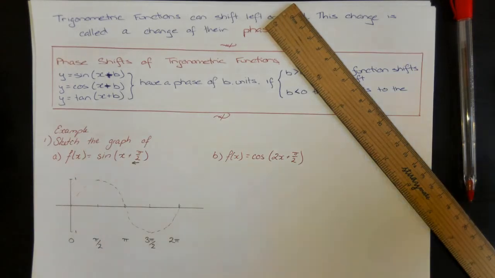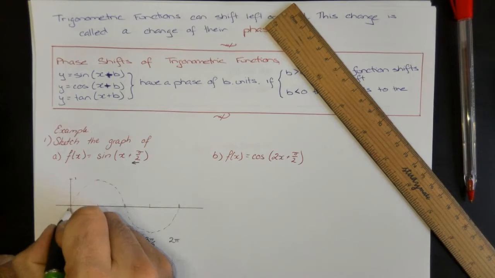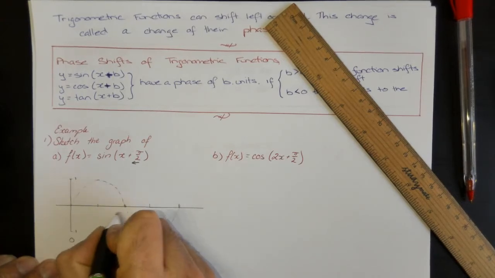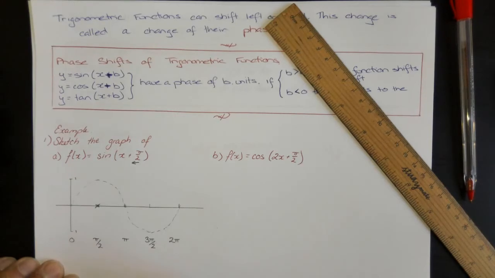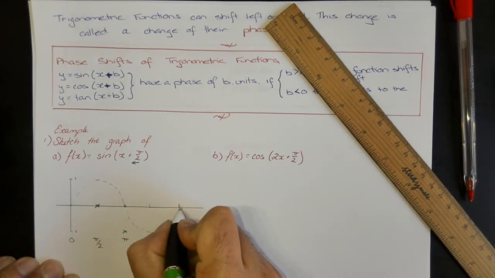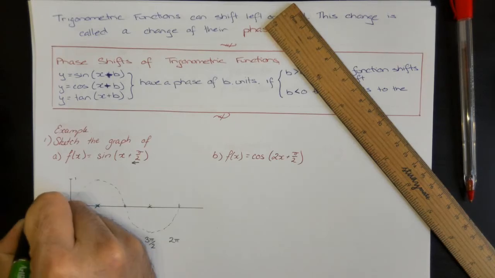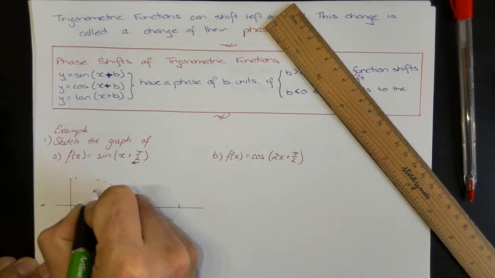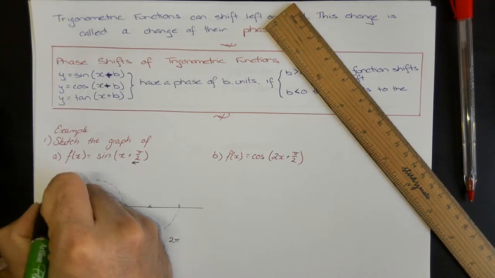So if we think about it, this point will move pi on 2 units to that side. This will go pi on 2 units to this side. That would go pi on 2 units this side. And that one will go pi on 2 units here. And this one will move over here. So what we get